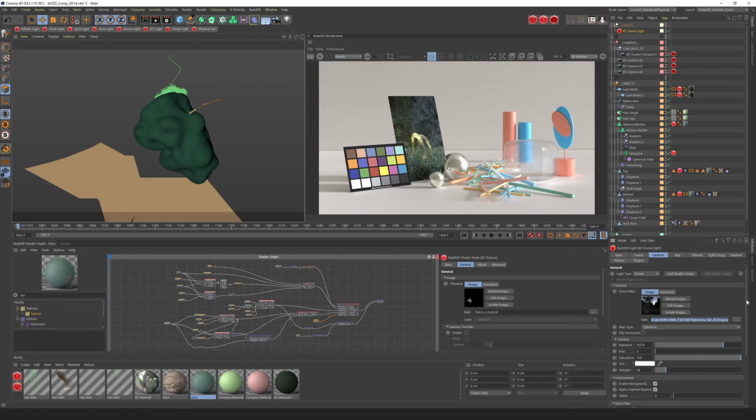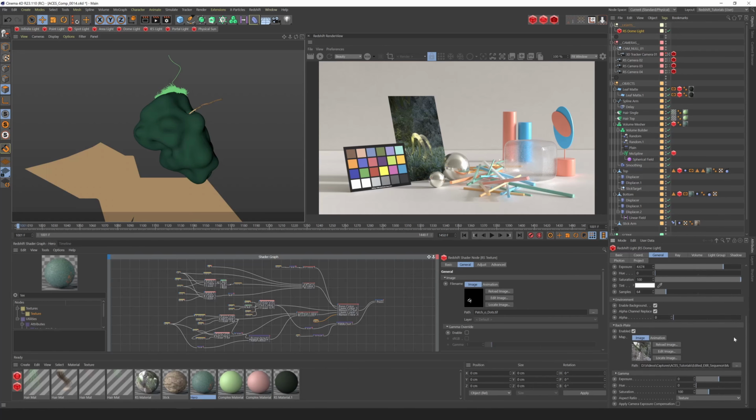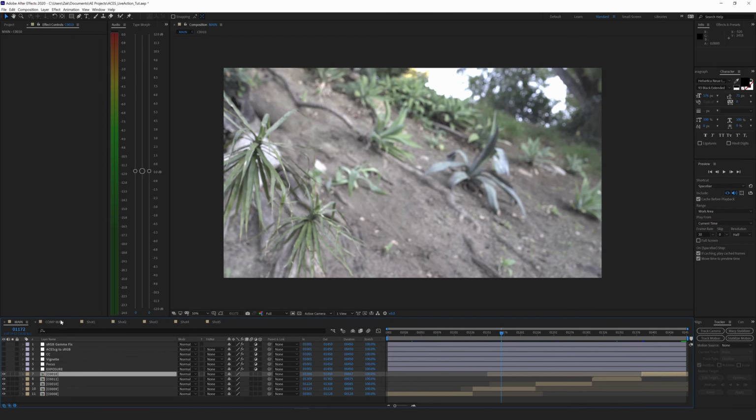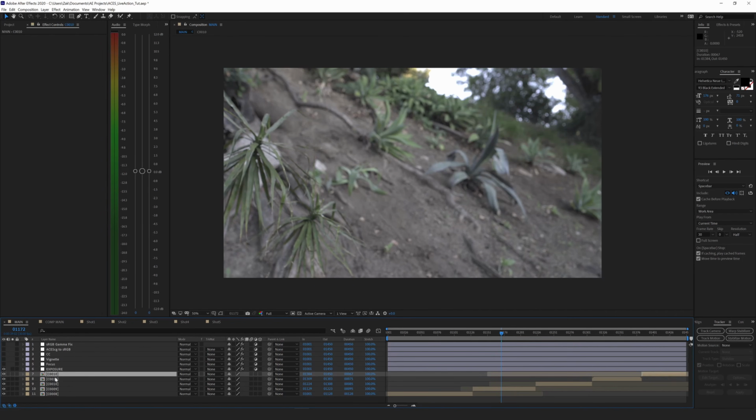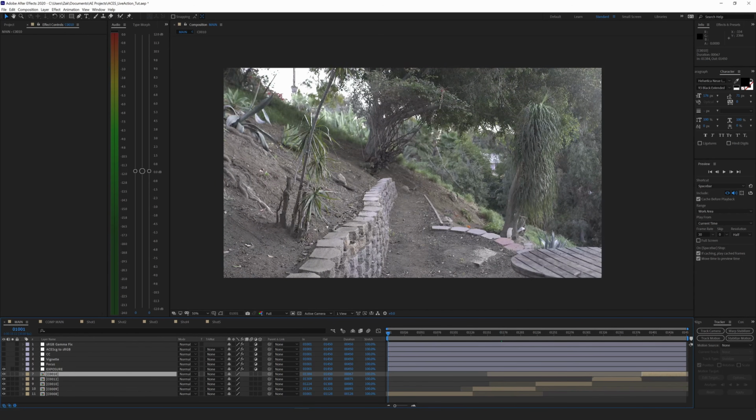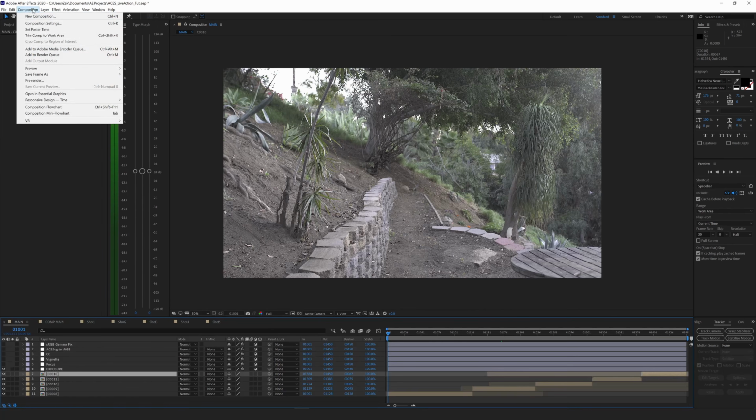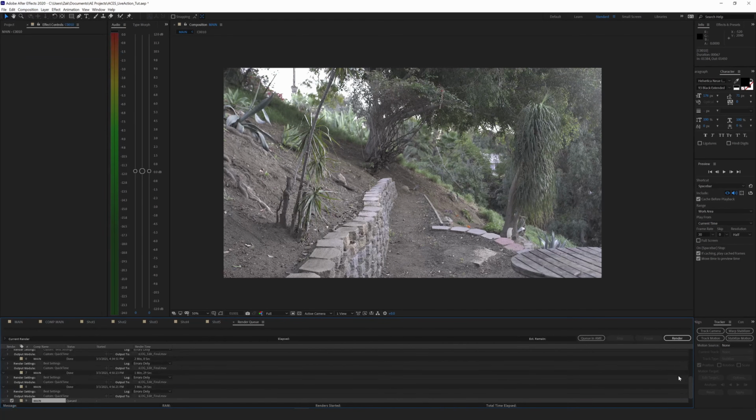And that's what we have here. Also, in this dome light, I've got the backplate enabled, and the backplate is this image sequence rendered out. I've rendered that out basically from here, but I've just left all of these converted to ACEScg, and then had my comp set the way I wanted it, and then just went to composition, add to render queue,